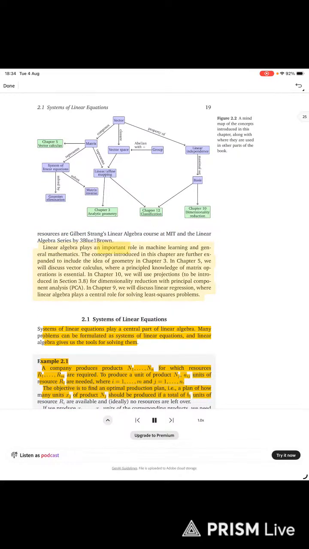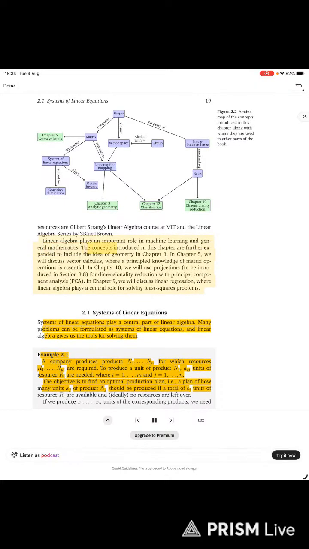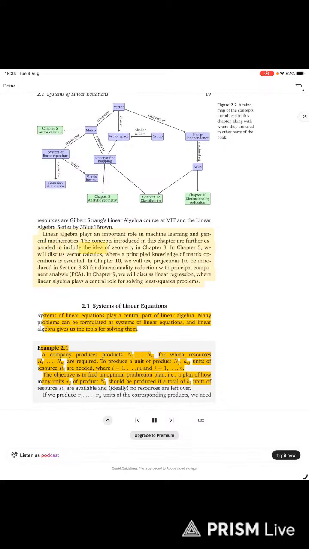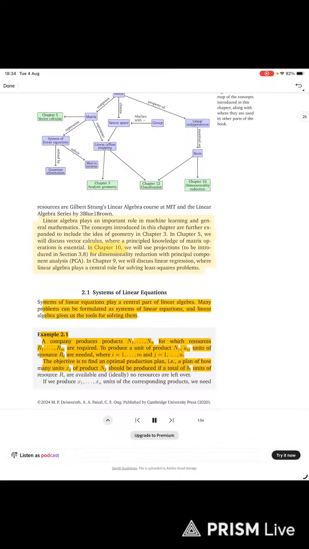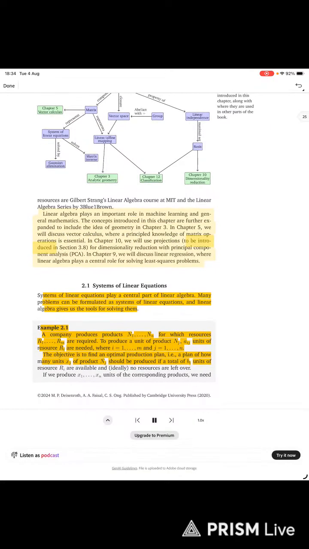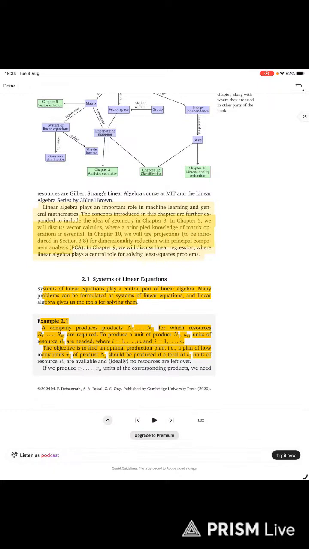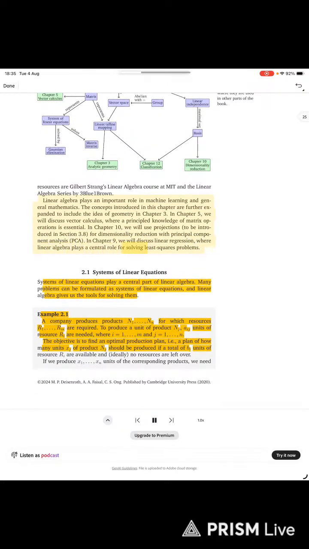Linear algebra plays an important role in machine learning and general mathematics. The concepts introduced in this chapter are further expanded to include the idea of geometry in chapter 3. In chapter 5, we will discuss vector calculus, where a principled knowledge of matrix operations is essential. In chapter 10, we will use projections, to be introduced in section 3.8, for dimensionality reduction with principal component analysis, PCA. In chapter 9, we will discuss linear regression, where linear algebra plays a central role for solving least squares